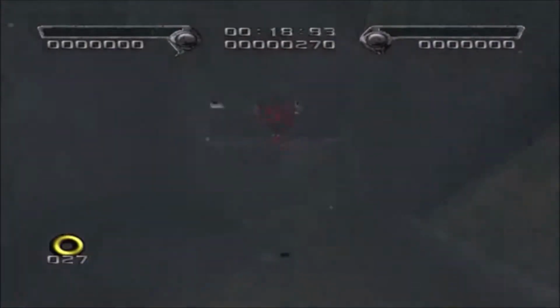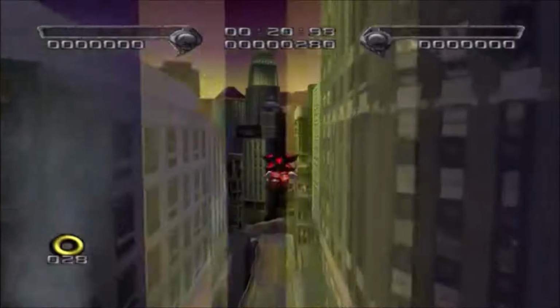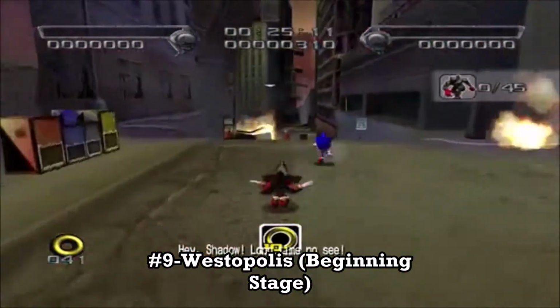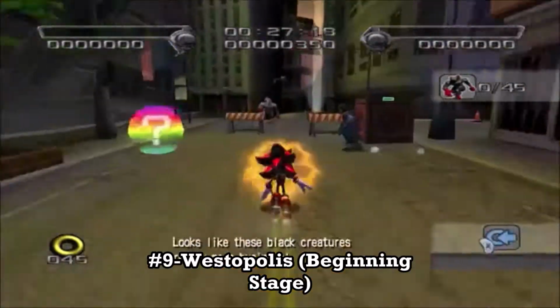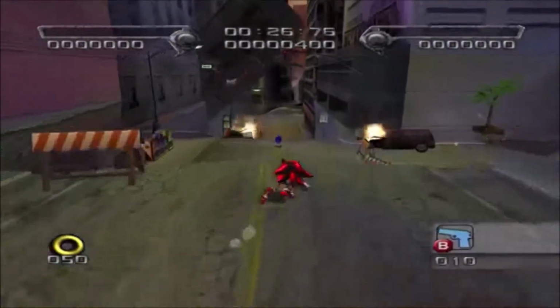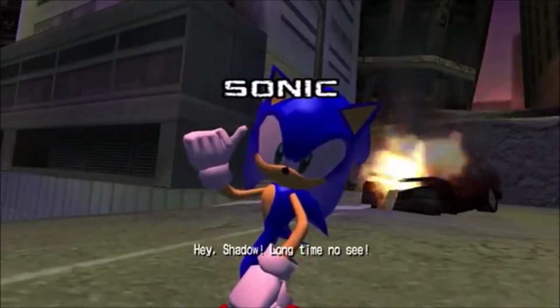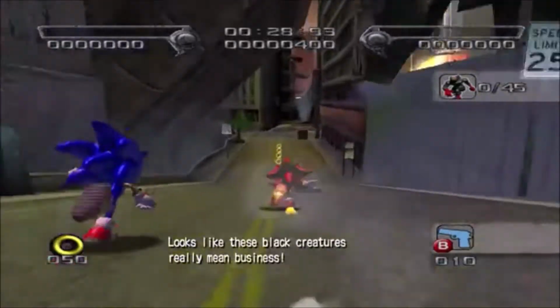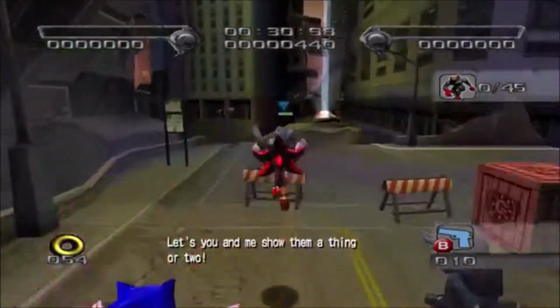And here we have the first stage in the entire game, Westopolis, which is the stage you have to play multiple times in order to experience the multiple storylines in this game. The hero and villain missions are pretty self-explanatory. All you need to do for the hero mission with Sonic is just take down the 45 black aliens in the stage,